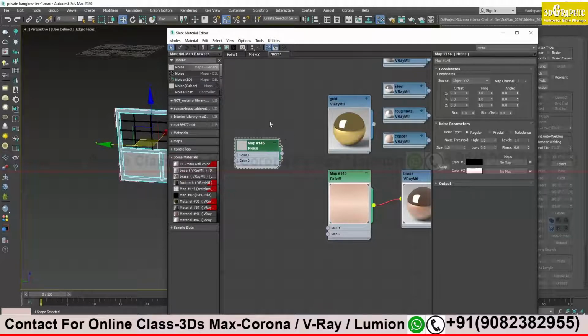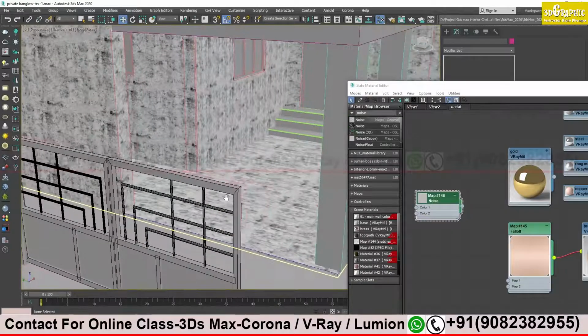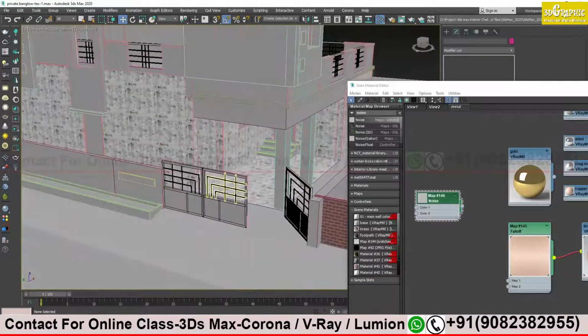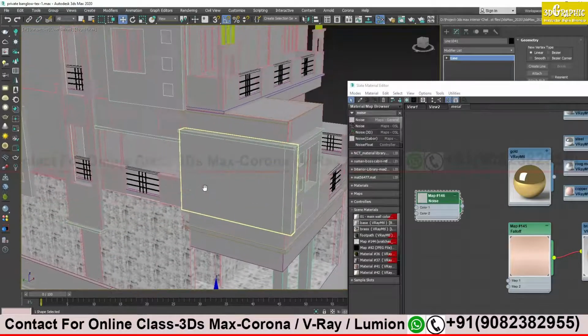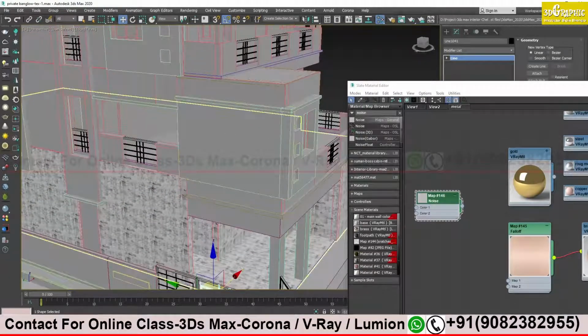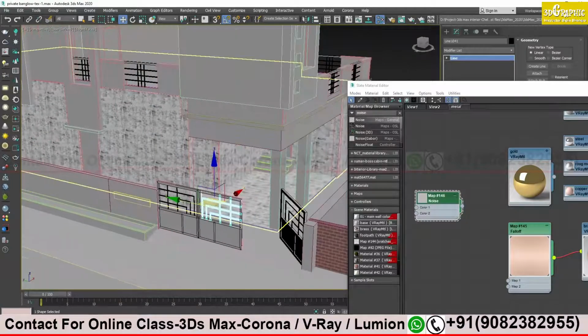Okay, we have time. Let me share something with you for the windows. Let me bring all the components of our scene. Now you can do the metallic part for the gate, railings. Okay, I can do that. Walls are okay with you, it's already done. Door is okay, fine.